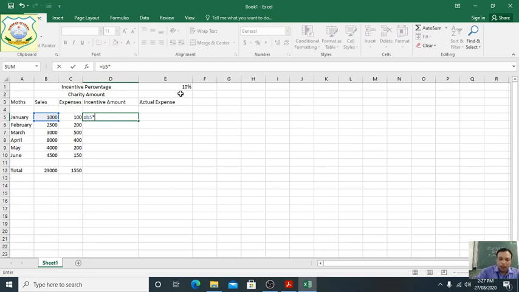So $E, then $1. See here, this is highlighted. Okay. Now press enter. What we have got, 10,000, the 10% will come 100. Students, everyone can see $E, $1, B5 is here.